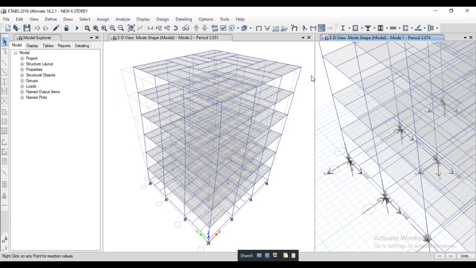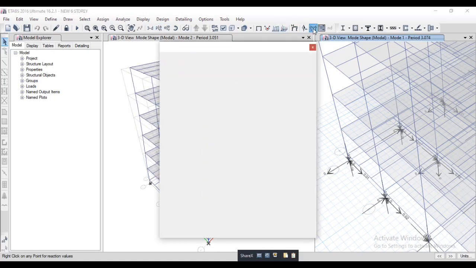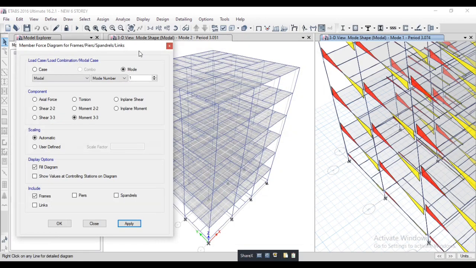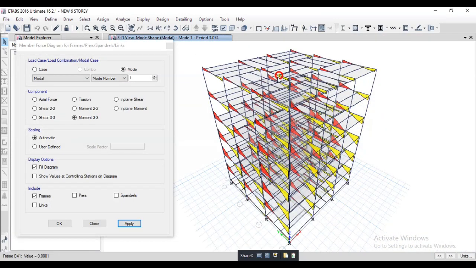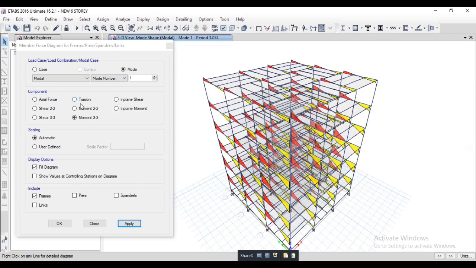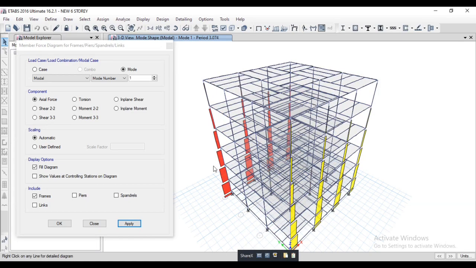After that, we will check bending moment, shear force. This is M33, the bending moment. Click here apply. This is the bending moment of the beam. This is the shear force, shear 2, and this is the axial force of the building.